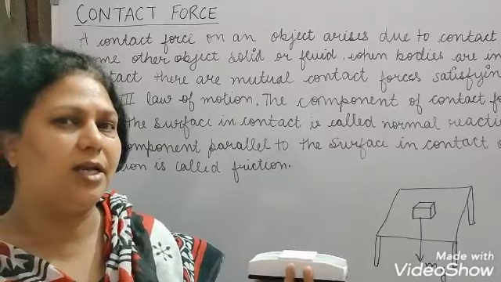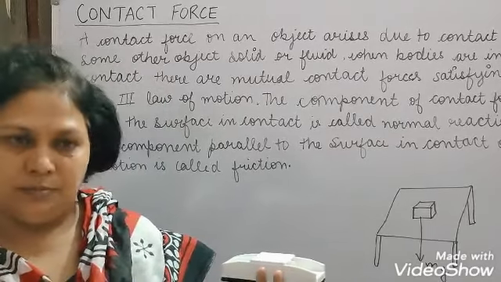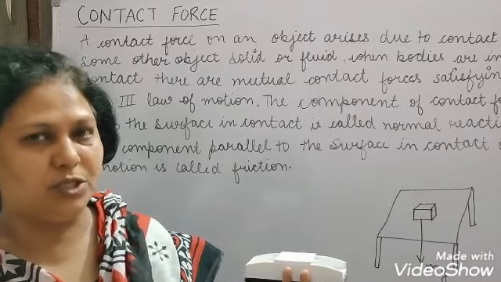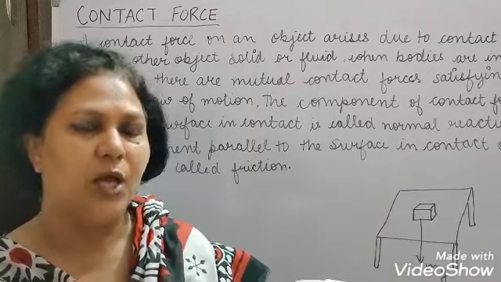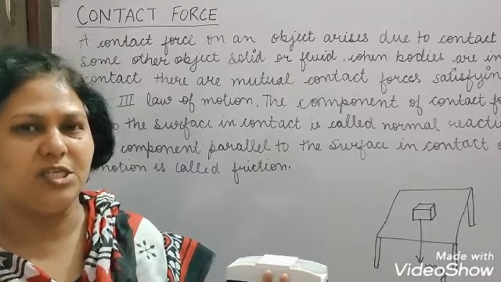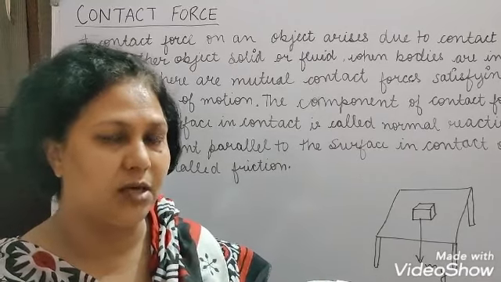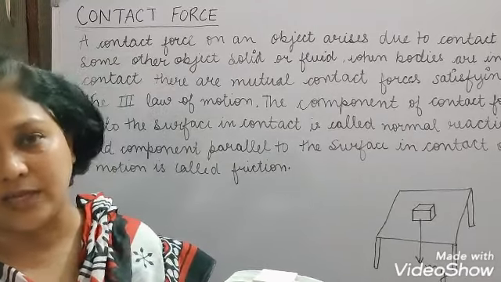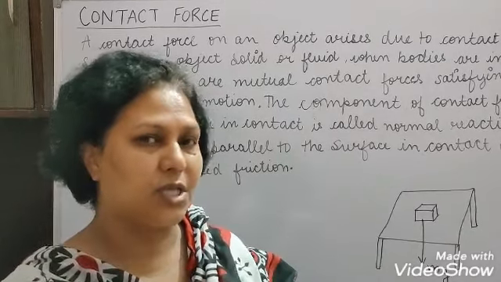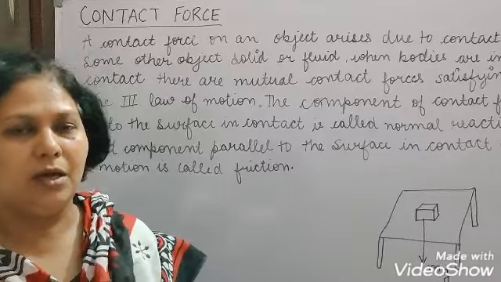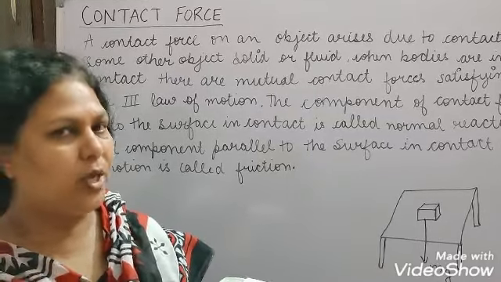That means unless you apply an external force, the object which is at rest or in uniform motion in a straight line will remain in the same position. When we talk about the external agency or external force, we are talking about the unbalanced force. That means only if an unbalanced force is applied to the object will changes take place.